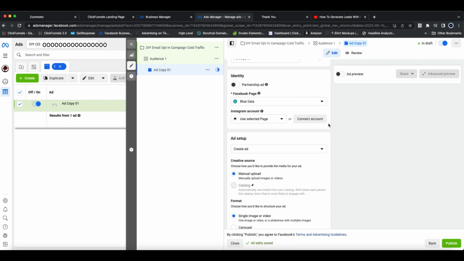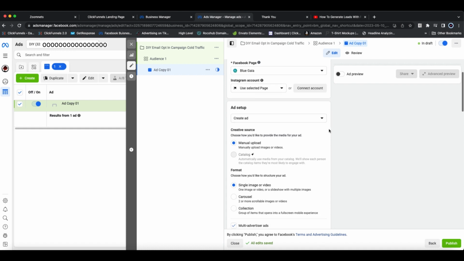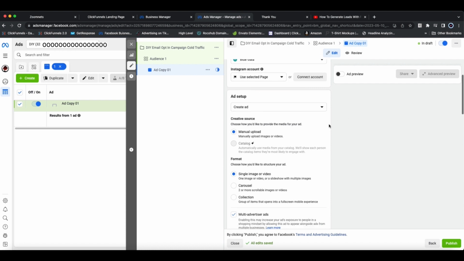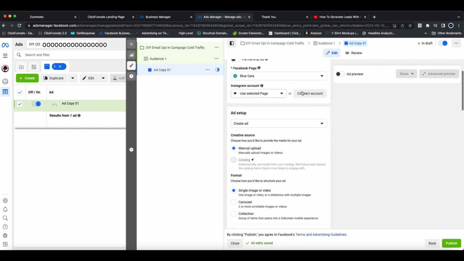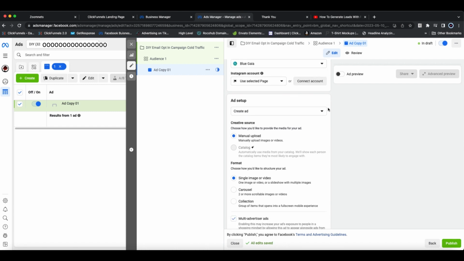I'm not going to show you how to do that. You can figure that out on your own. It's really easy. And then if you want to connect to your Instagram account, you can also do that as well. I'm just going to leave it as it is. But it will still show up on Instagram as an ad though. You don't need to connect to your Instagram account. And then we're going to do create ad,